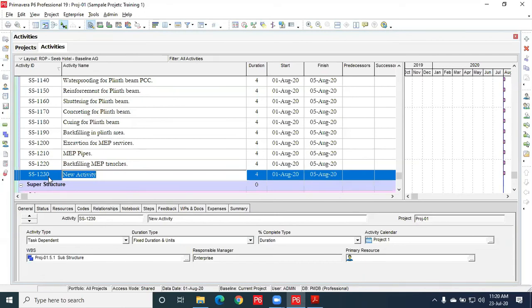After backfilling MEP trenches, there will be anti-termite treatment. Anti-termite treatment and PCC for grade slab.